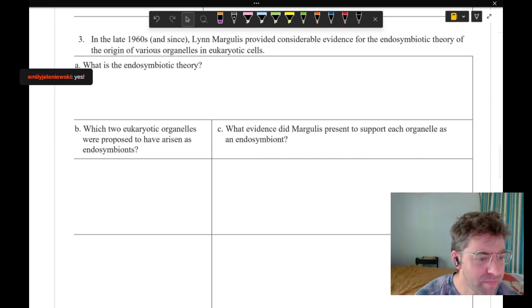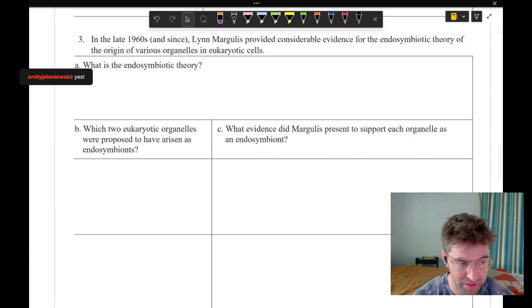An ancestral prokaryote engulfed another formerly free-living prokaryotic cell and enclosed them in vacuoles, and those endosymbionts became major eukaryotic organelles. So,